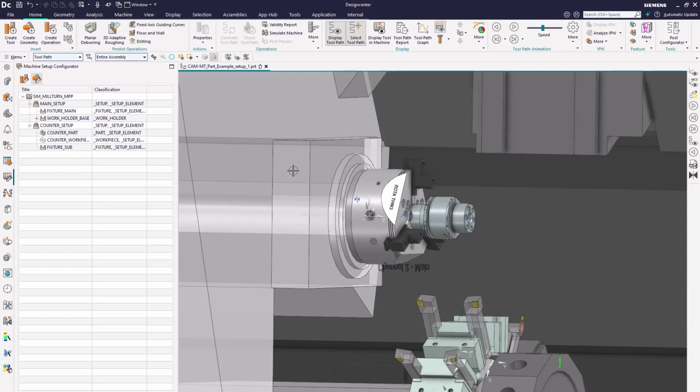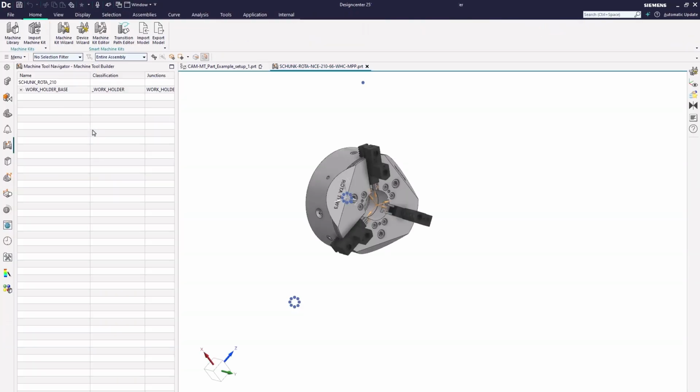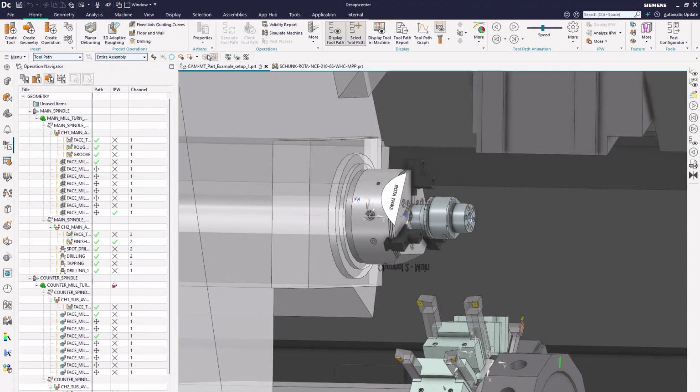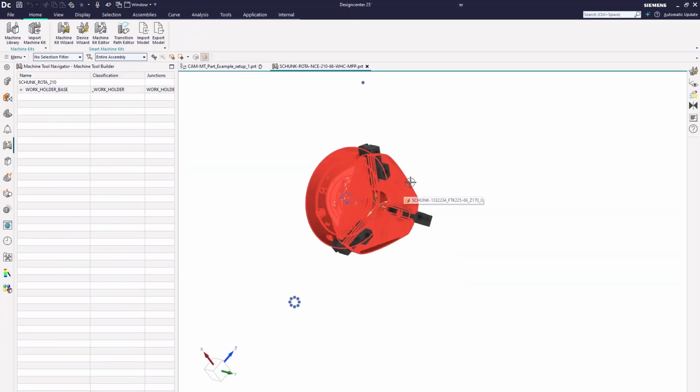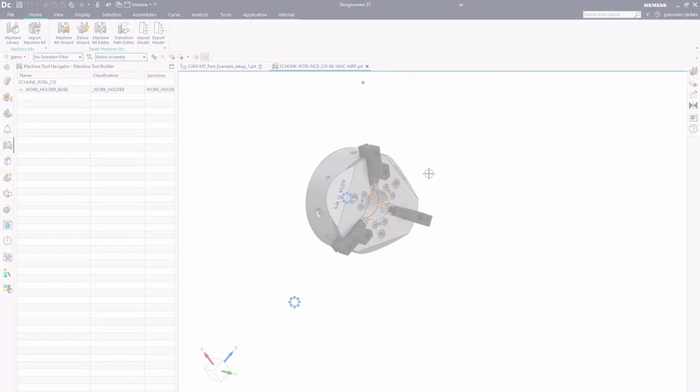This window for modifying work holders can be accessed within the Machine Setup Configurator by right-clicking on a work holder node. It is also available directly on the graphics interface with the Select Tool or Device option active, offering a more intuitive user experience. The next improvement is the creation of a logical connection between the CAM workpiece, blank, and